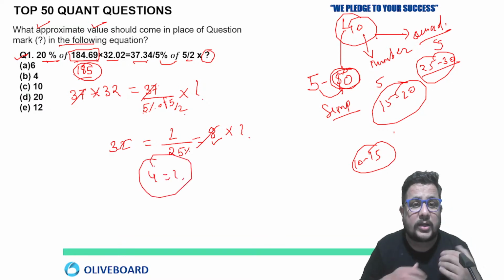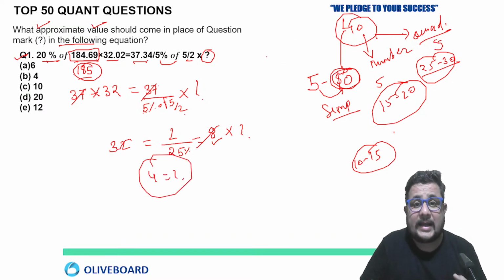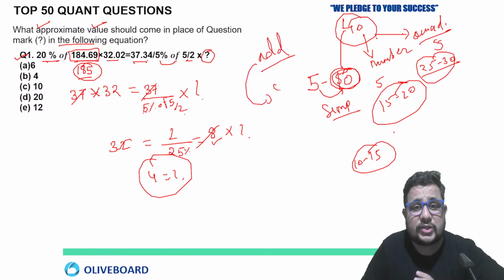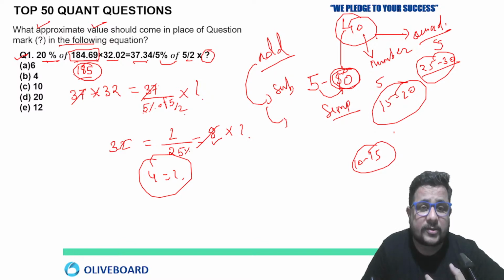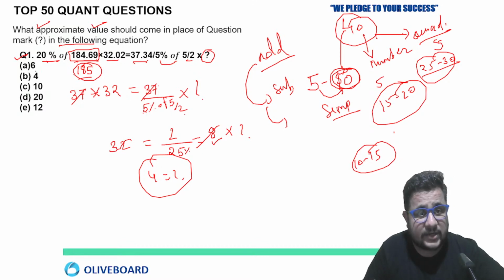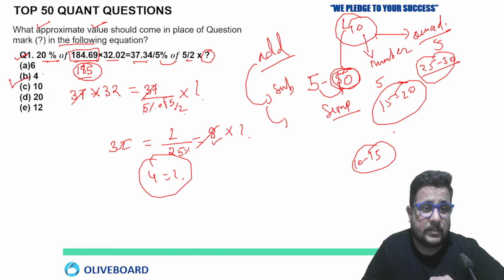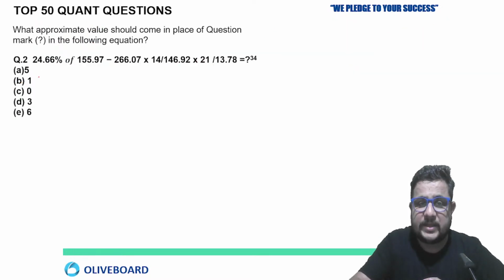So it depends on your calculation, your addition. You must have a grip on verbal calculation, addition, subtraction, multiplication, square, cube, percentage calculation. That must be good. Then only you can score good in this section, easily, because this is the easiest part of your paper. So option B is going to be the answer of the first one.